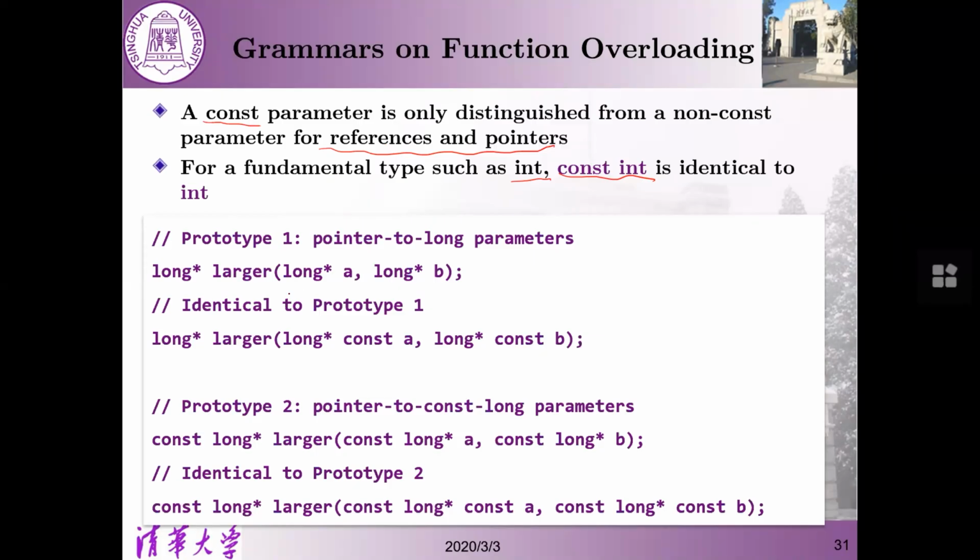Okay. So these are similar, because in this way, if we use this parameter, that means we cannot modify this pointer. Right? Then for this one, this pointer